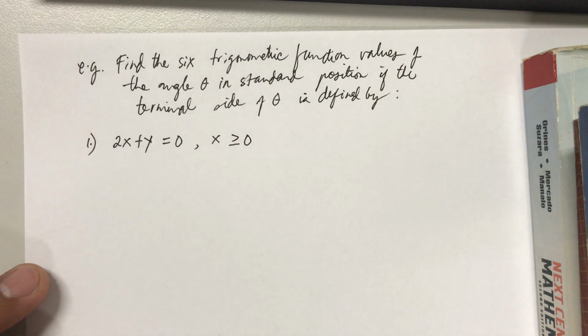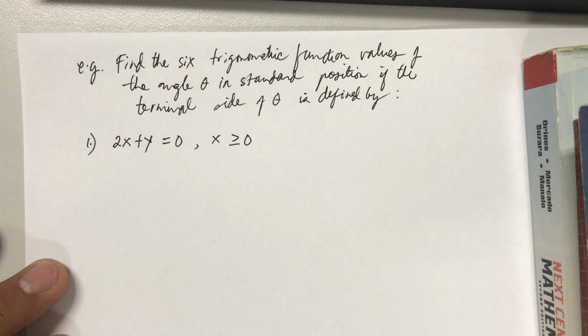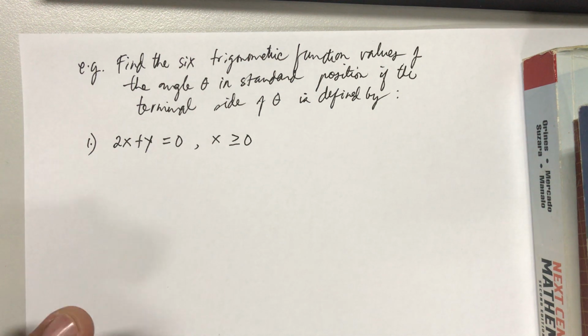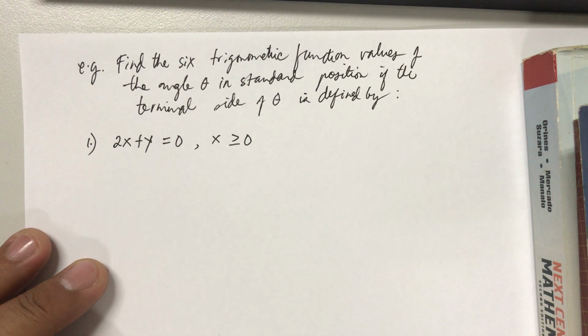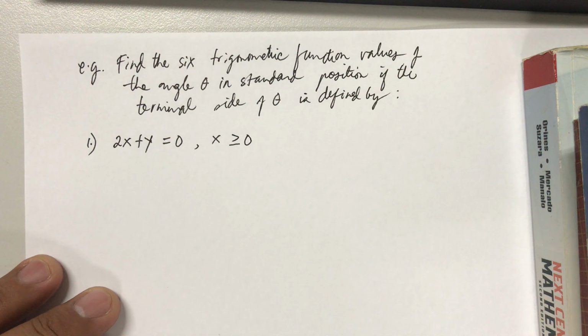Okay, this is the second video in trigonometry, particularly on trigonometric function values. So in the first video, we were to find trigonometric function values when the ordered pair or the point which is found on the terminal side of an angle in standard position is given. This time, the angle theta in standard position,